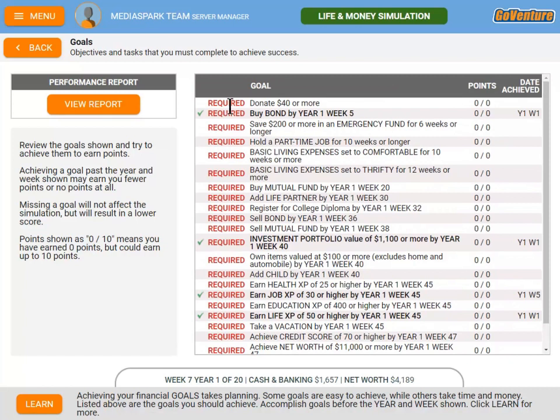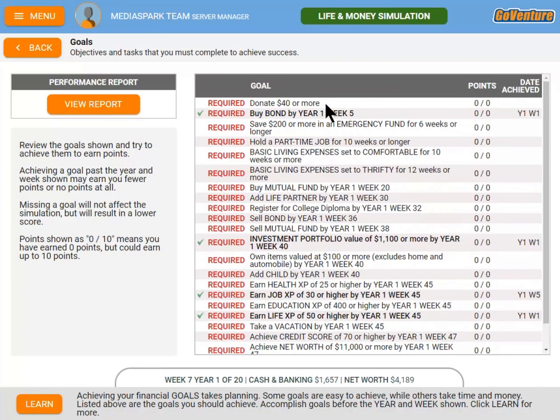So let's take a look at the goals. The first goal at the top, and by the way, the goals are not in any priority order. The goals are just a list of goals, and it's really up to you to determine what order you want to achieve them in. Some of them you'll naturally see can be achieved before others, or they're essentially prerequisites for other goals.